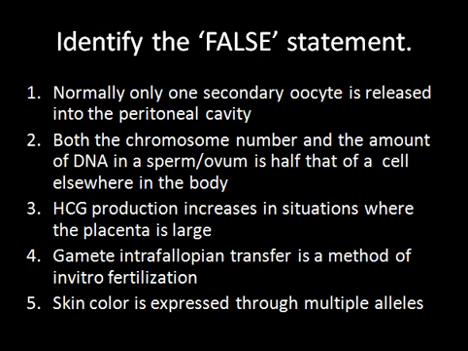Let's look at this first question, which asks you to identify the false statement. And let's look at the statements. So here it says, normally only one secondary oocyte is released into the peritoneal cavity. Now this is true. At ovulation, normally only one secondary oocyte is released, and it is released into the peritoneal